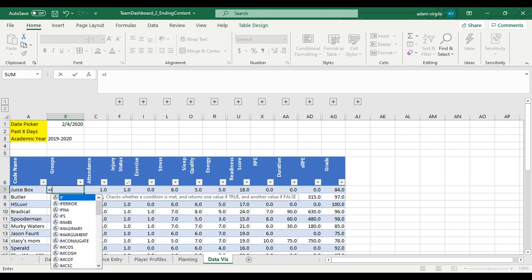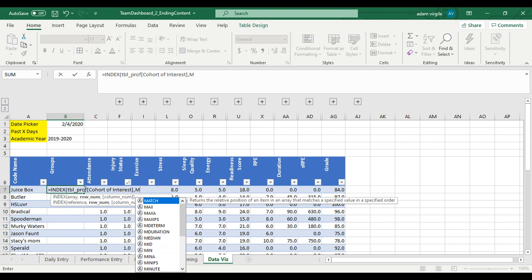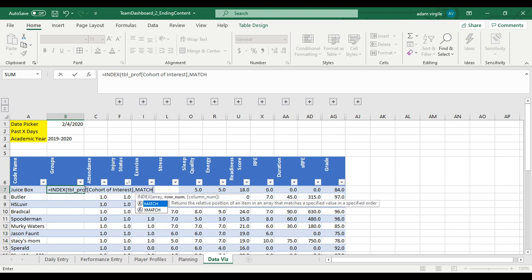So the way that I'm going to do that is I'm going to do index match. I've gone over this a couple times previously, but I'll keep on going through. Equals index. So what do I want in this column? I want the table profile data, table prof. I want the cohort of interest. But only when it matches up. So comma match from parenthesis lookup value. Only when this code name, so lookup value, matches, comma, to a lookup array, which is the table profile code name field,